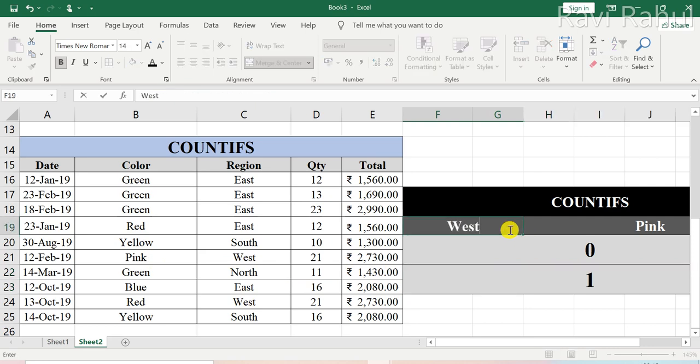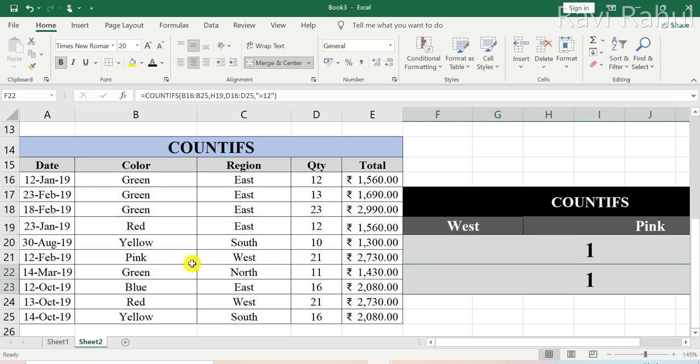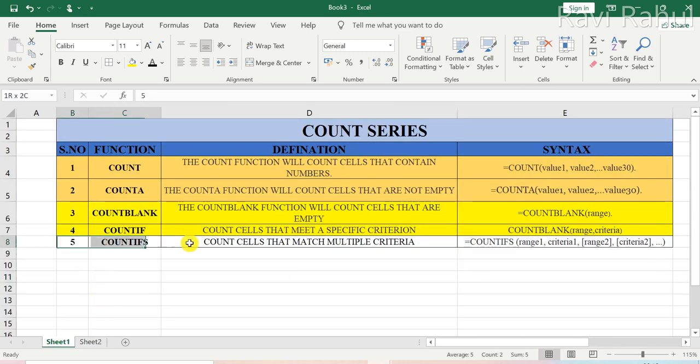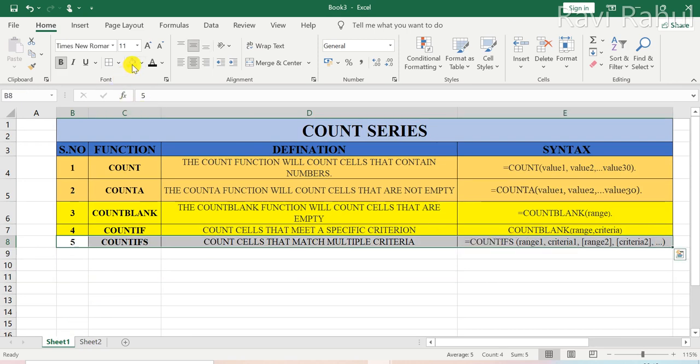Make it west, and you see you'll get 1 because in the western region we have 1 pink in the cell. So in this way you can apply the COUNTIF and COUNTIFS functions. We're done with all the functions of the COUNT series.